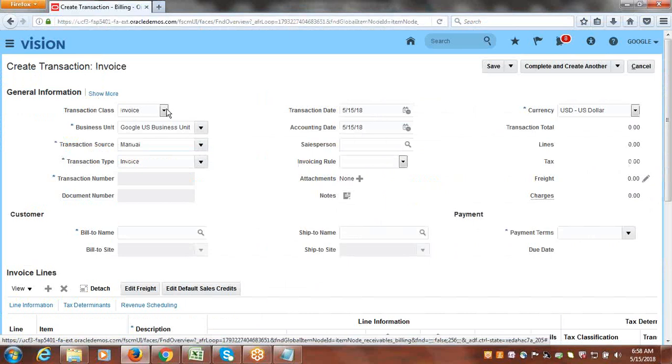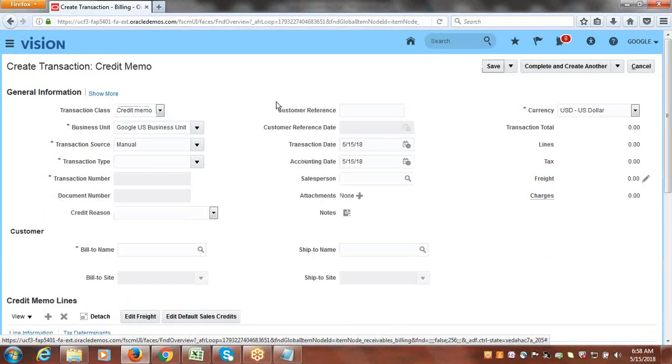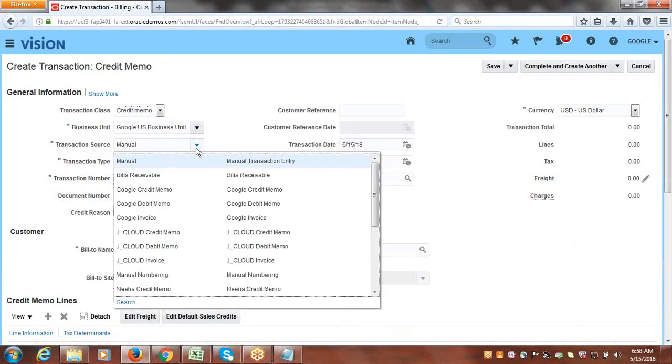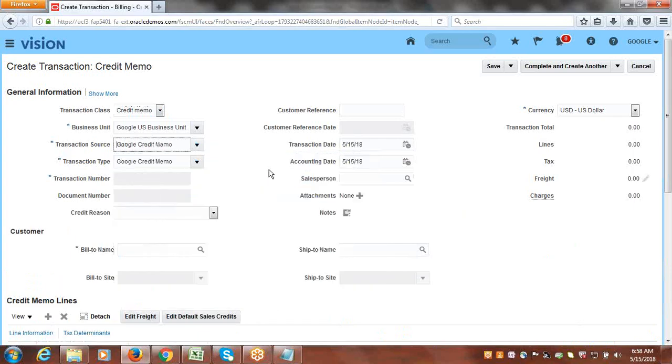So select transaction class as credit memo, then select transaction source as Google credit memo transaction source,